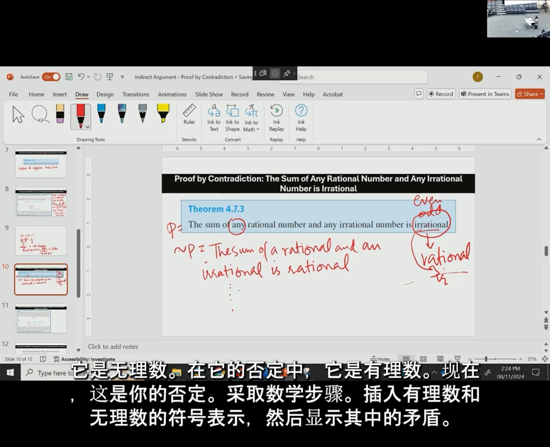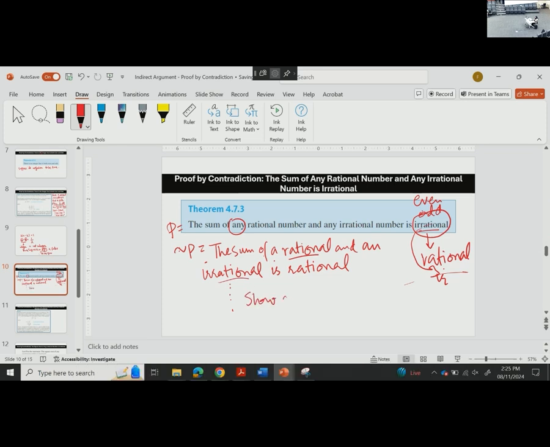Take mathematical steps, plug in the symbolic representations of rational and irrational numbers, and then show contradiction in that. Show the contradiction or falsity of this negation. And then based on this,